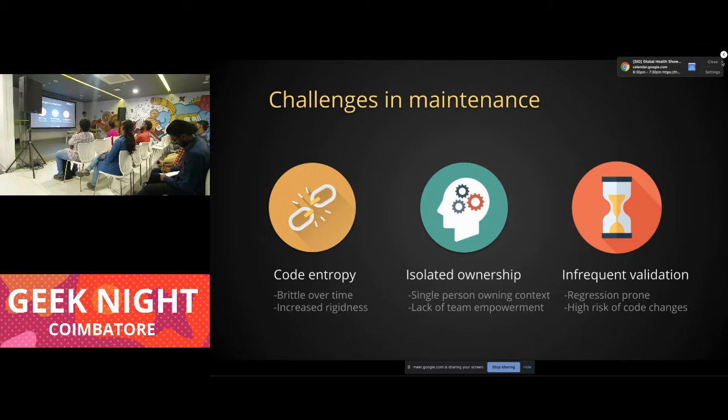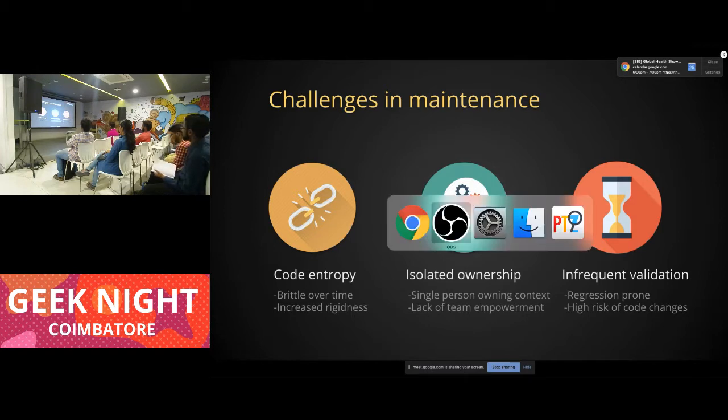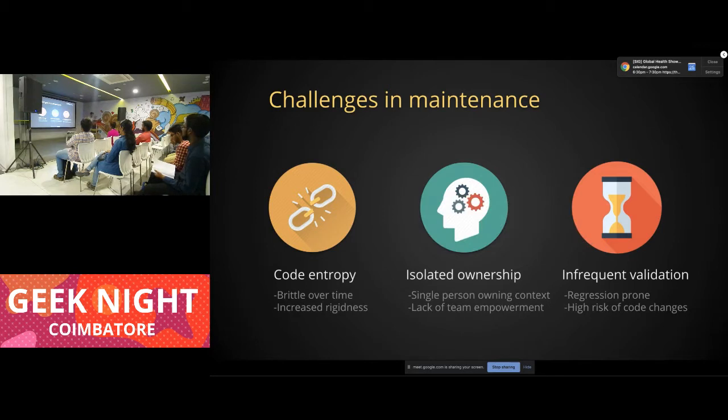So this is one problem: let's say I'm introducing a new feature, and that will break some old feature. Since this risk is there, people will be afraid of making changes to the code. So this will also cause maintenance to be expensive.